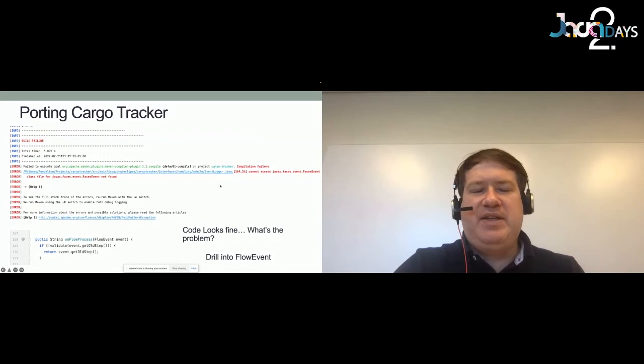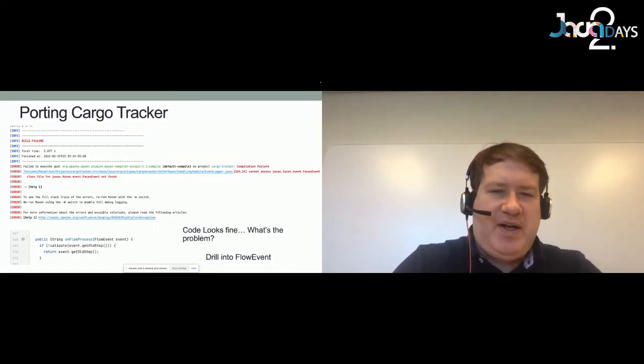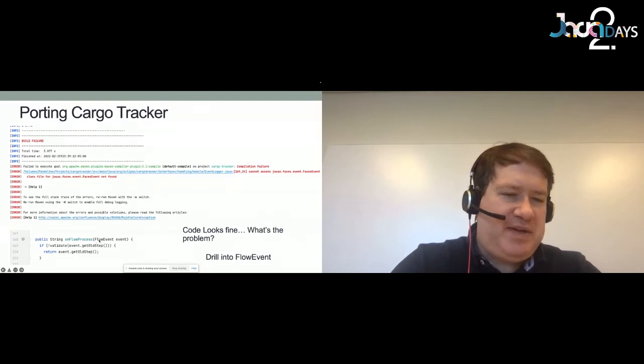That means that the third-party dependency that your application depends upon is attempting to use something from the javax namespace when it's not available. So that's the type of error that you'll come across. Looking at the code for Cargo Tracker, it looked perfectly fine. We had FlowEvent right here, and this was coming from the correct package.